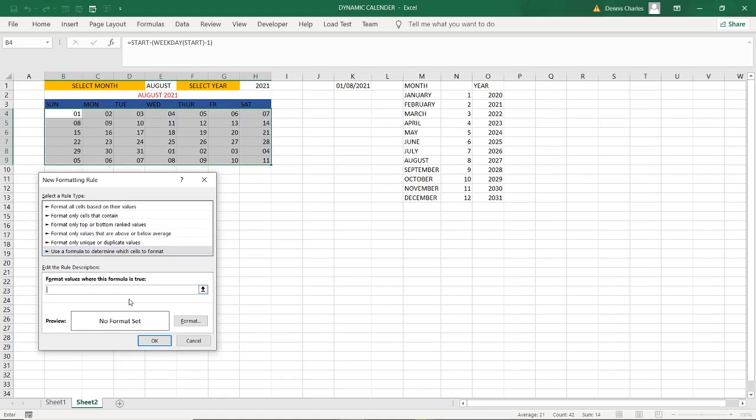I want to format where the formula is true, so I talk about equals to month, the month of.